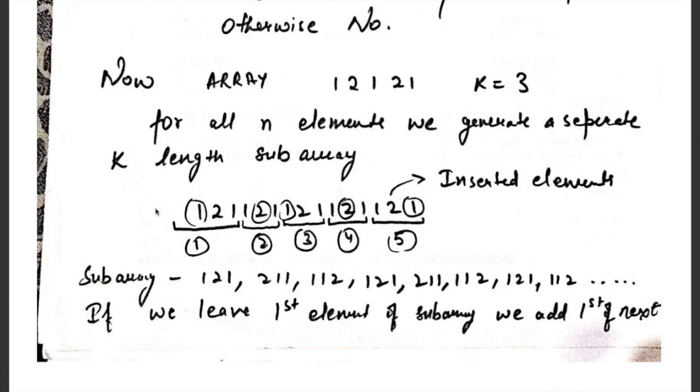Now we only have to check if all the subarrays in this newly generated array have equal sum or not. To check that, let's see what the subarrays are. Here our subarrays are 1 2 1, 2 1 1, 1 1 2, and likewise going on. See, all will have the same sum, because when we leave out the first one and include the next number, this will be the first of the next series, and these both series are equal.